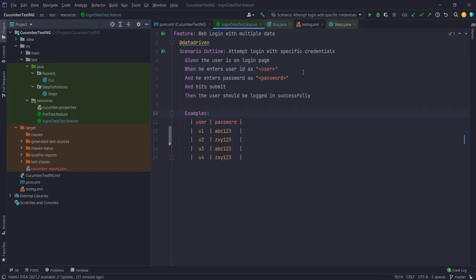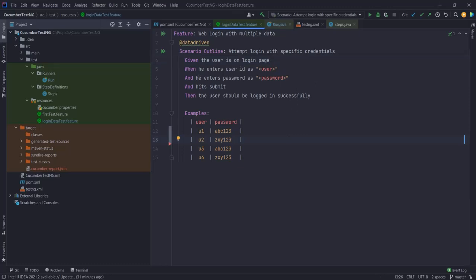So over here, my scenario consists of these steps. First, I'm going on to the login page, then I'm typing the username, then I'm typing the password, then I'm hitting the enter button, and then I'm finally verifying whether I've logged in or not. I have actually not implemented these steps via Selenium. I'm just giving a simple System.out.println that will be sufficient for the purpose of this video.